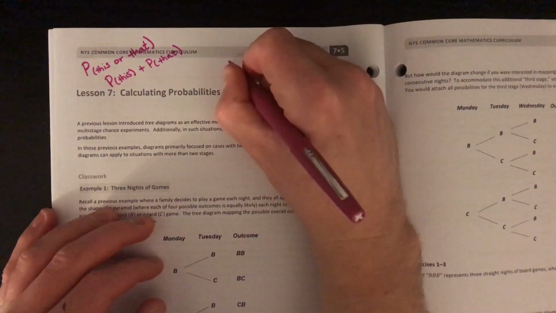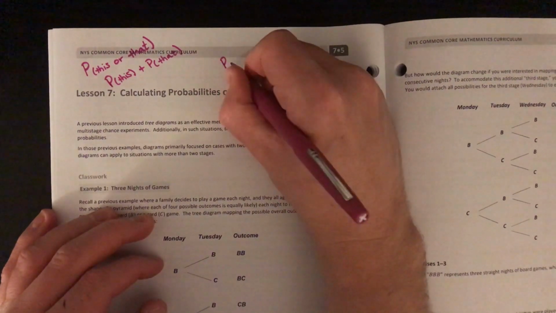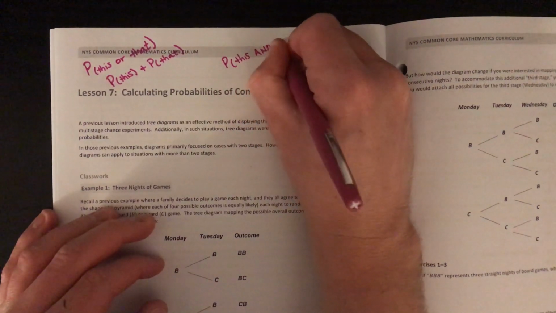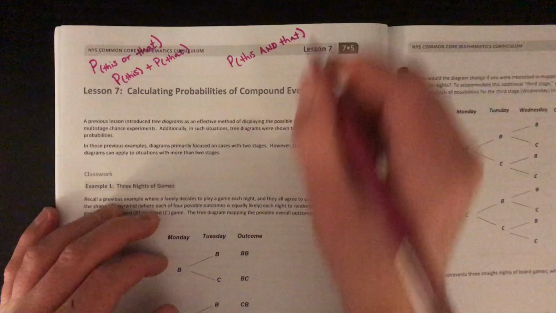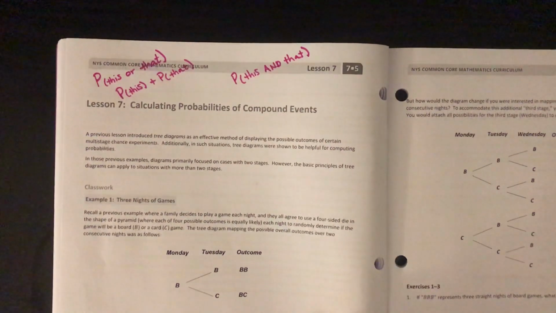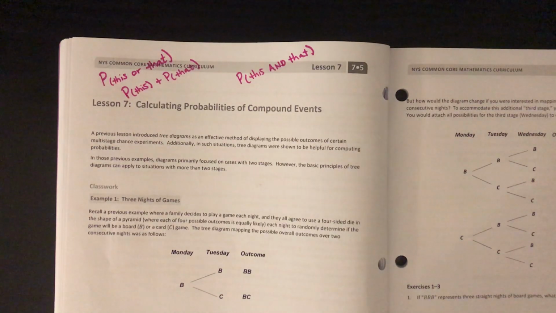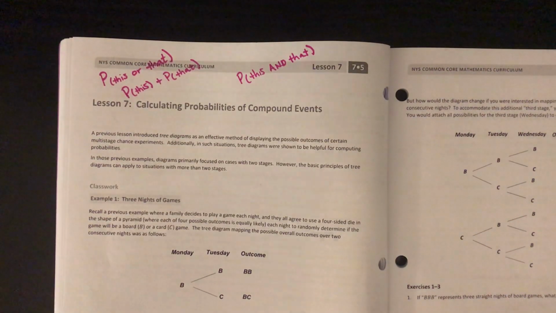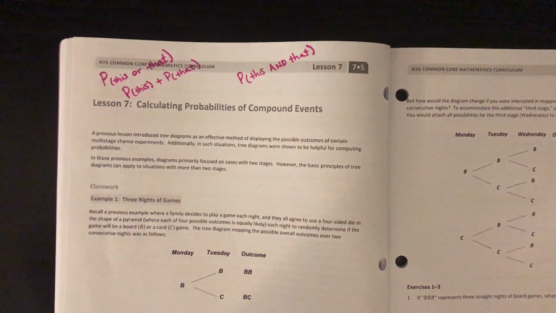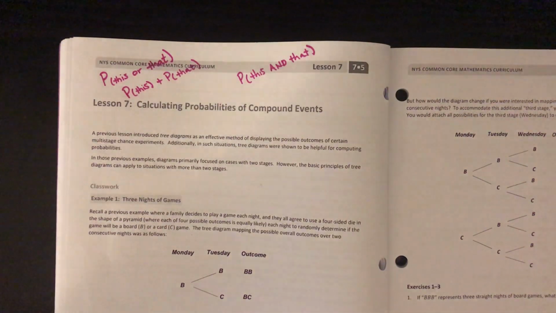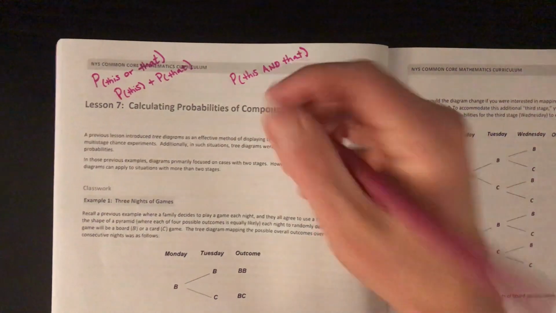And then the other thing is, what if you need the probability of this and that? So this is different than this or that, right? This and that is much harder. That means, hey, you have to do this thing and you have to do the other thing, and that lowers your probability because you're like, oh man, I gotta flip the coin heads and I gotta pull a green cube and I gotta roll a 3 or whatever. Like that's really hard, and so you need this number to be smaller to represent that smaller probability, and you